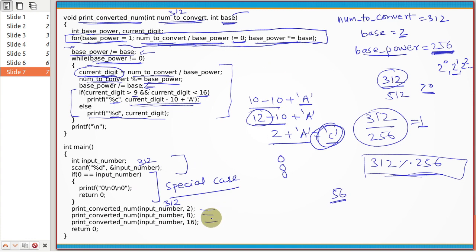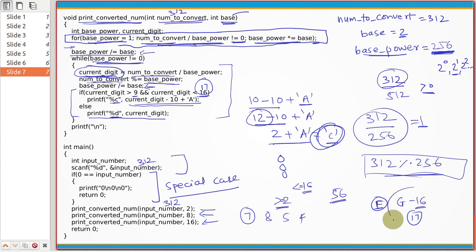Okay, so you can walk through octal and hexadecimal yourself, and you will see that this technique will work for every base. It will work even for other bases like 7, 6, 5, 4, right? Any base which is greater than or equal to 2 and less than or equal to 16. You can go beyond 16, but generally we have F as the last alphabet for representing numbers. But if you increase this to 17, and say your G will represent 16, and you want to get the answer for base 17, with this small change and this small change, you can continue.